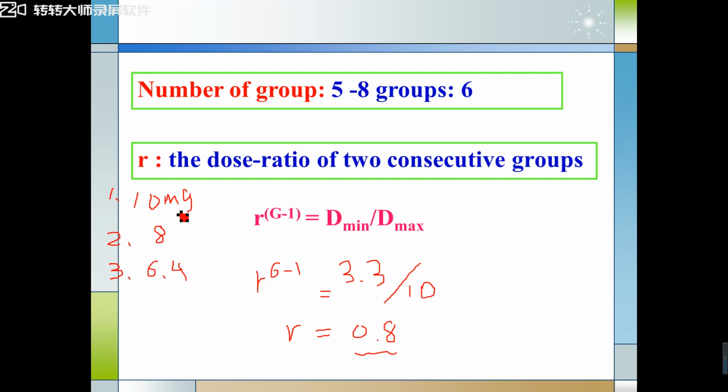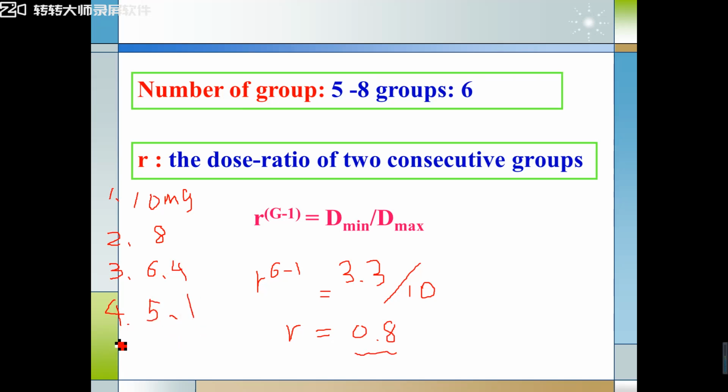With this method, we use the same ratio to dilute the drugs, and we can obtain the different drug doses in different groups. So the fourth group at the same ratio 0.8 compared to the third group. So 6.4 multiply 0.8 makes